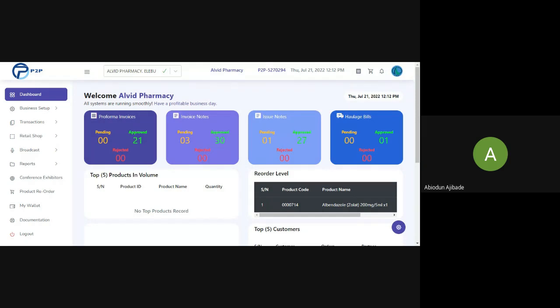While we are waiting for the screen to be sorted out, I just want to make a quick recap on what Mr. Bengas has said. Basically, the system has to be set up. You need to be verified, which means your premises license must be attached to your registration. When you are doing it, there's a place for you to upload it. And then we also need the